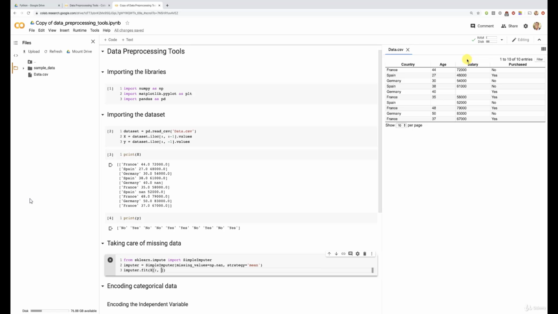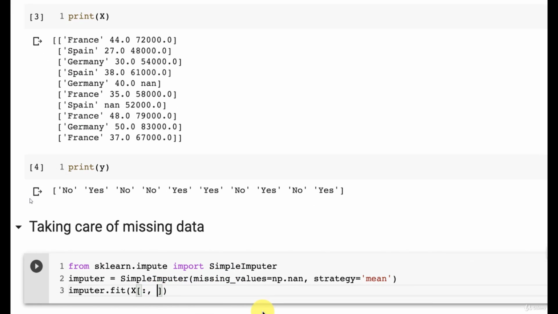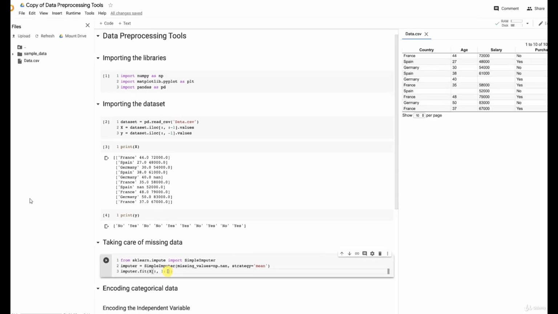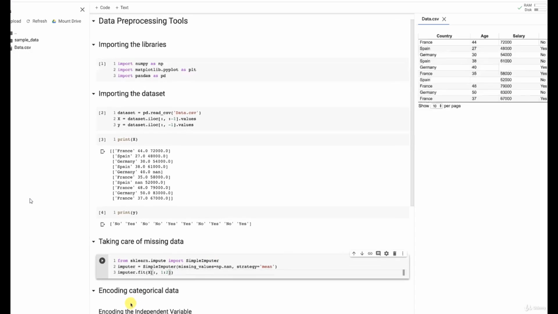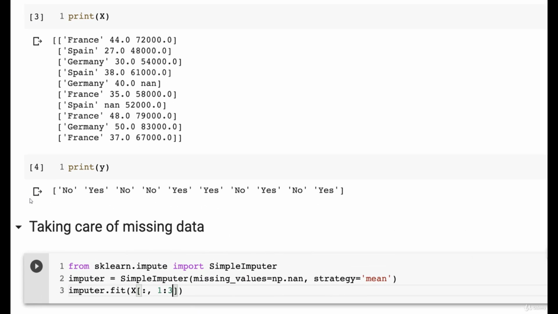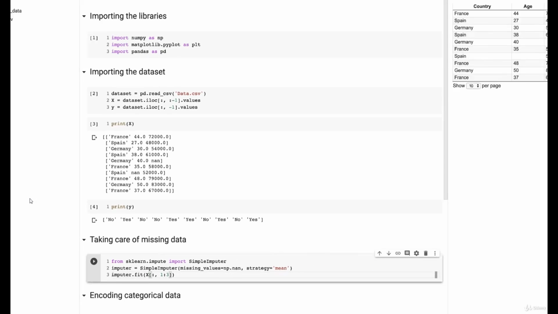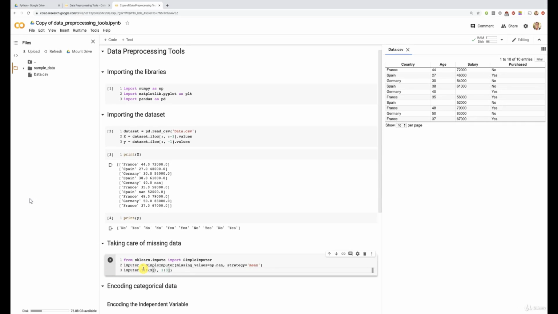Therefore, we're only going to specify these columns with only real numbers, age and salary. And therefore here we're going to enter the range from 1 to, be careful, not 2, because remember the upper bound of a range in Python is excluded. So if we exclude 2, this will exclude the salary. Therefore we have to go up to 3, okay? Up to 3. So that, well, this fit method will look for all the missing values in the age column